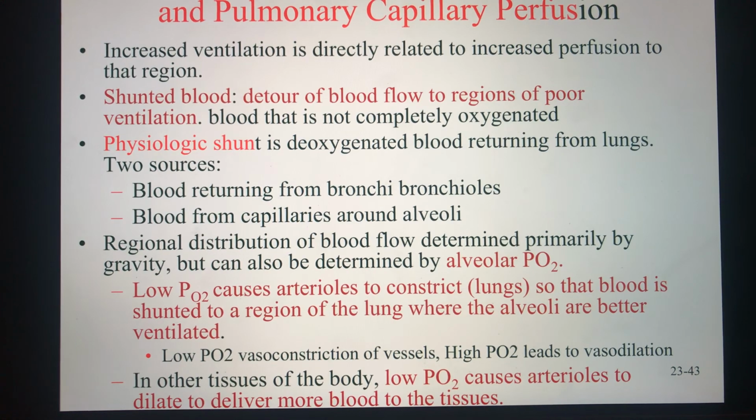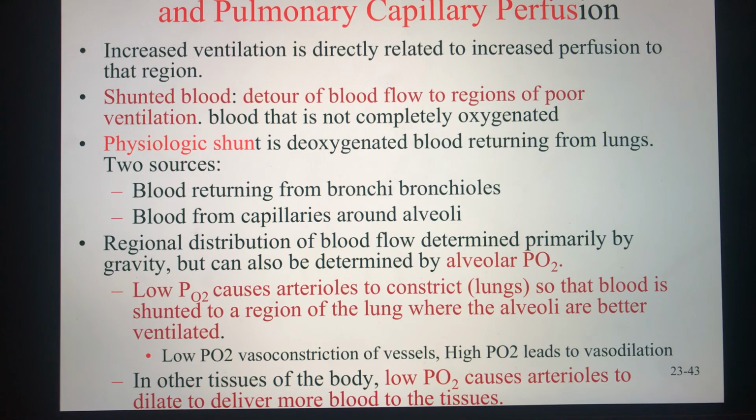Again, that makes sense, right? The lower oxygen in the lungs is a sign of some kind of trauma or damage. So the lower the oxygen, we're going to vasoconstrict. We're going to then decrease blood flow to that area, and favor the areas that do have better ventilation. So my right lung collapsed, no oxygen, I vasoconstrict, less blood flow to the area. The other side, my left side, has more oxygenation because that side is unaffected. What happens then? Increased oxygen, I vasodilate, allowing me to shunt or detour blood. The blood that should go to the right side